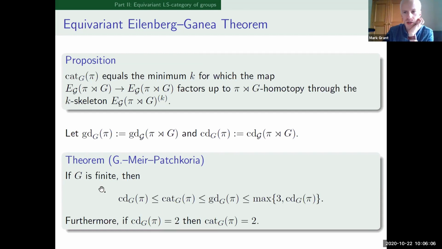So I'm not sure whether G finite is necessary. I used some results about equivariant sectional category, which have only been proved thus far for G compact, to get this proposition. And then the furthermore says that if you have equivariant cohomological dimension 2, then the equivariant category is 2. That uses a little bit of equivariant obstruction theory. And again, the details there are only pinned down for G finite. Okay, but finite group actions are already interesting.